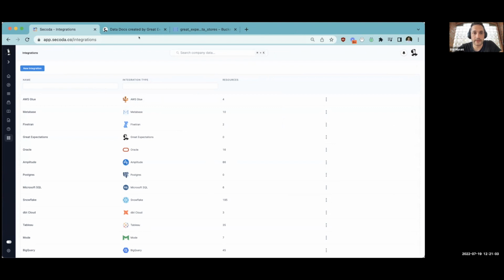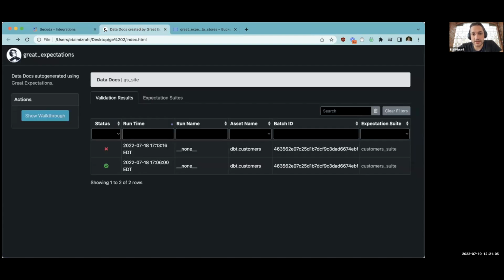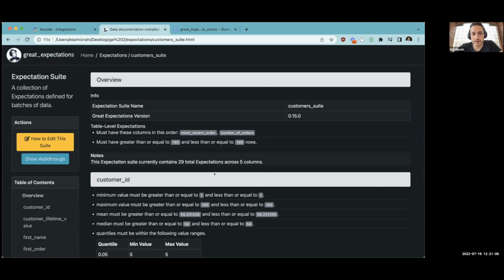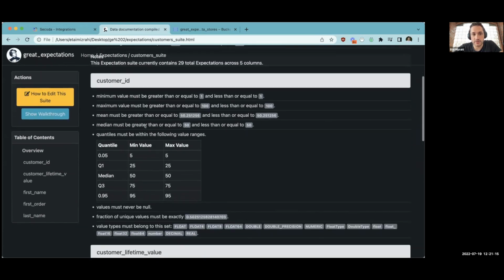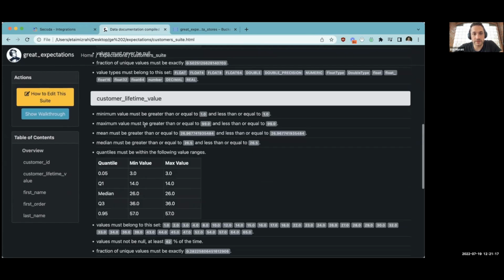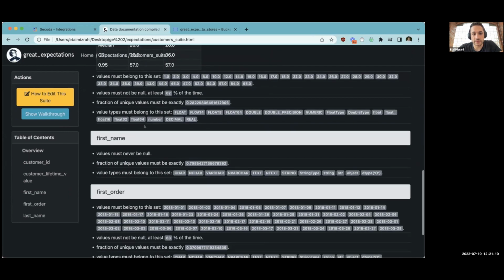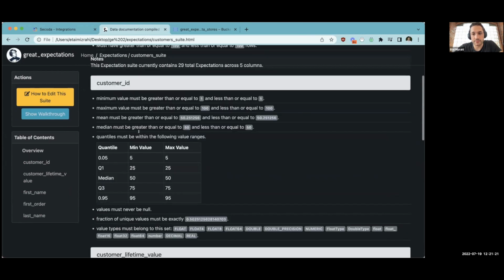Just getting started here, I've got my expectations already loaded up on this customers table. You can see that I've created expectations both on the column and the table level, just for the sake of the demo. And I'll be bringing